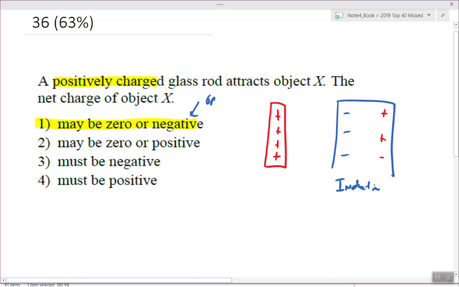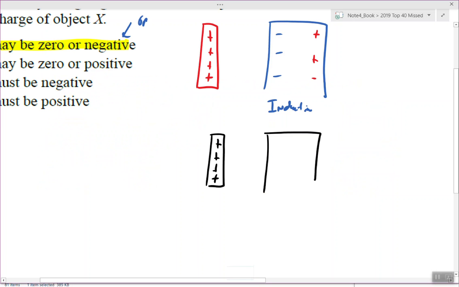I sometimes liken this to seduction. It's like the electrons are being seduced to the same side. But there's a physical charge separation that only happens in conductors. By the way, you can also get an attraction to something neutral, like paper. If you've ever brushed your hair and had hair stick to it or pick up paper or something like that, the paper is not a conductor. What's going on? In that case, you have something called polarization,